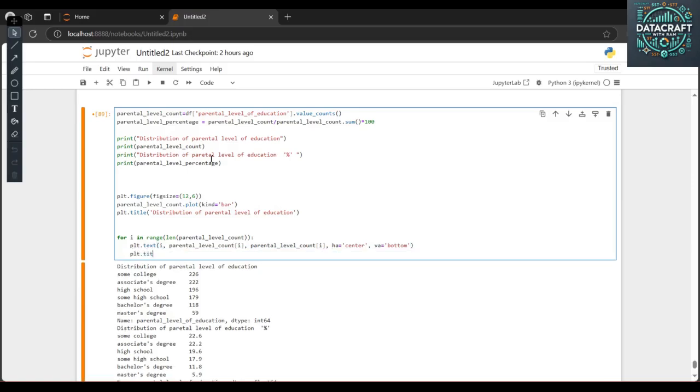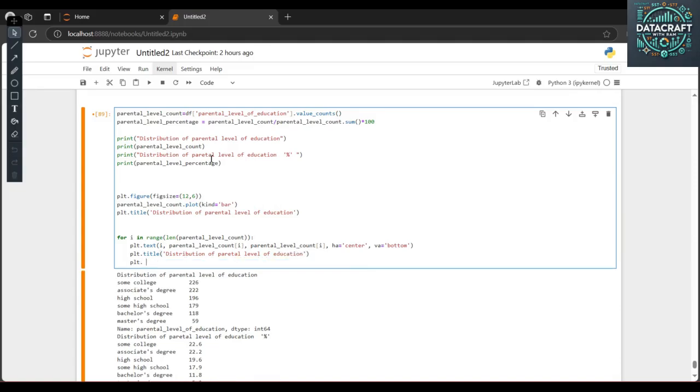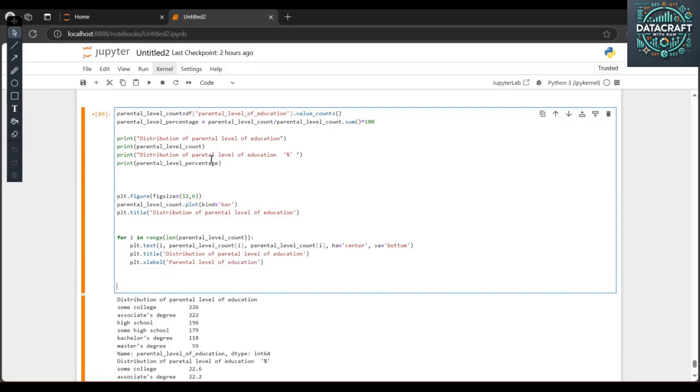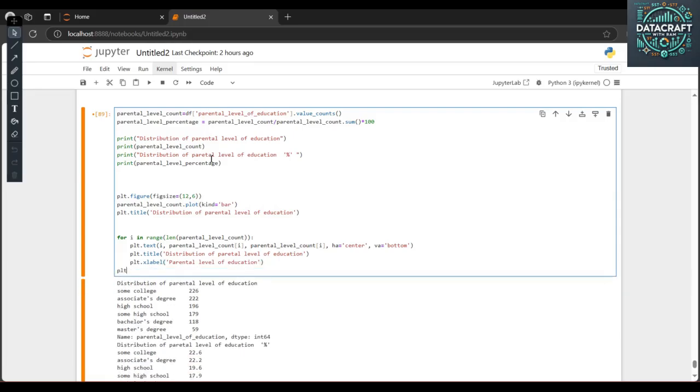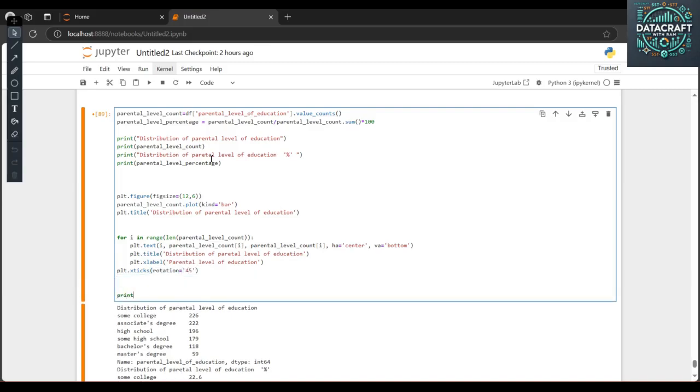Plot dot title of this particular plot is the distribution of parental level of educations, and the next is the x label. X label is nothing, and parental level of education, and then the xticks is nothing, the rotation is I want 45 degree, and with respect to